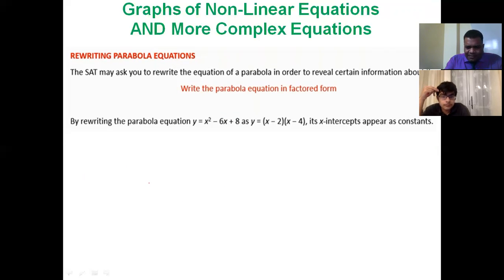This is another interesting format where we convert equation from